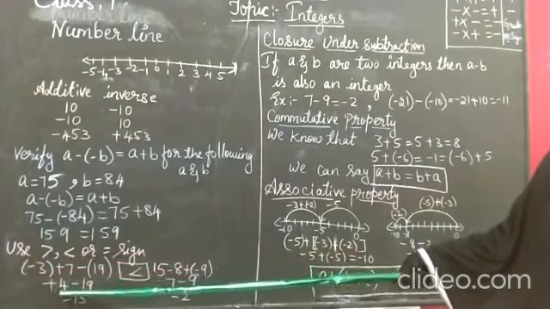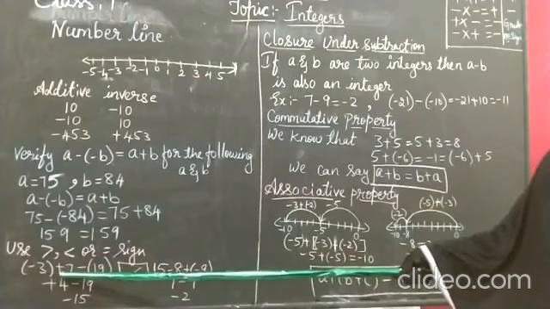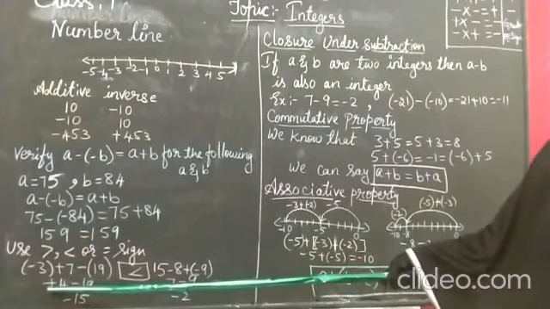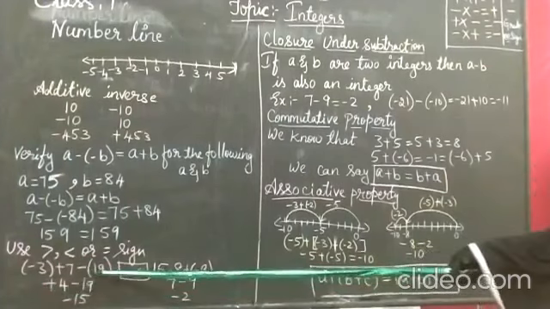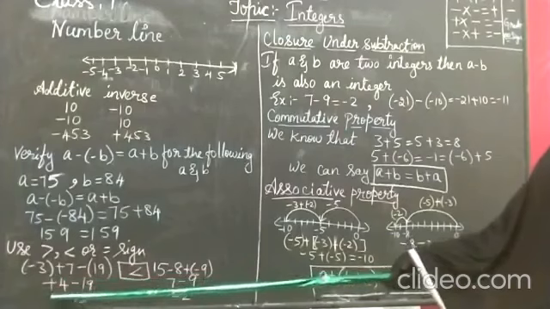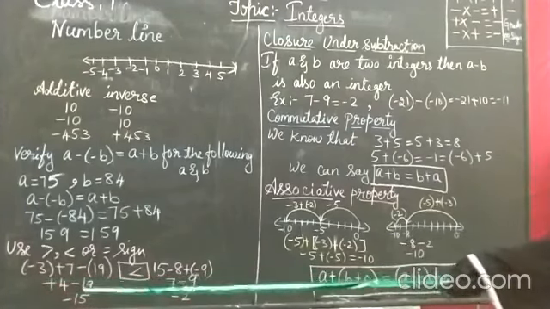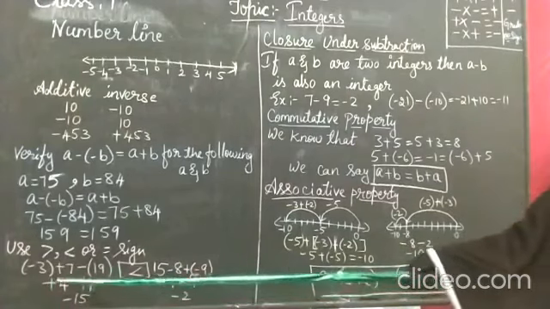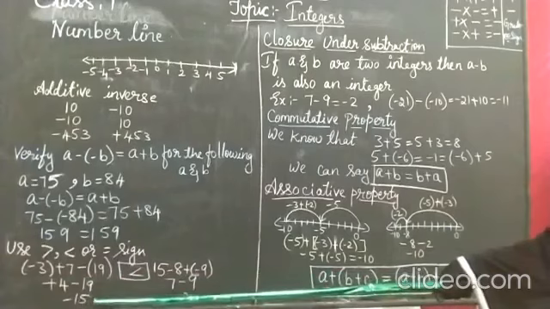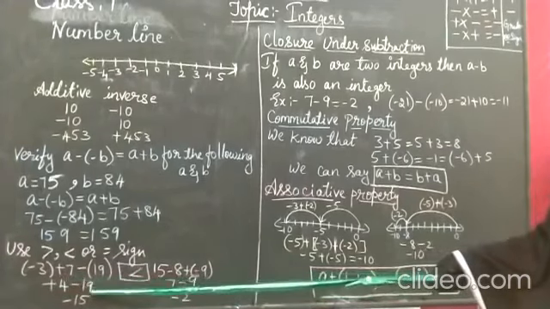Then which sign should we give? The greater number's sign. 7 is the greater number. The sign for this is plus. Therefore, this becomes plus 4, and in the bracket now minus 19. Now again you have to do that. Plus into minus is minus. You should do the subtraction. 19 minus 4 is 15. But what sign should I give? The greater number's sign. That is, 19 is bigger.